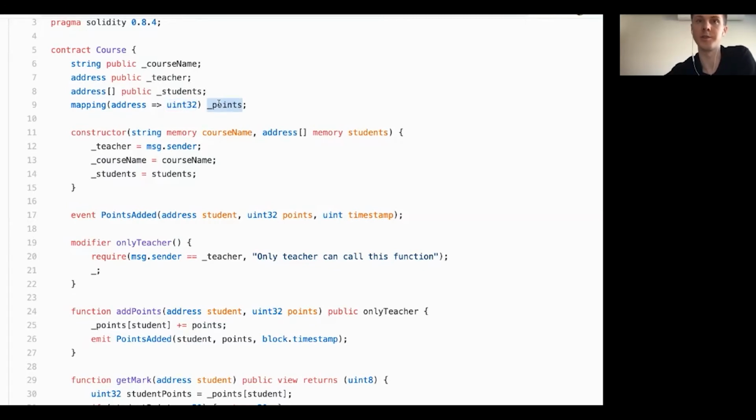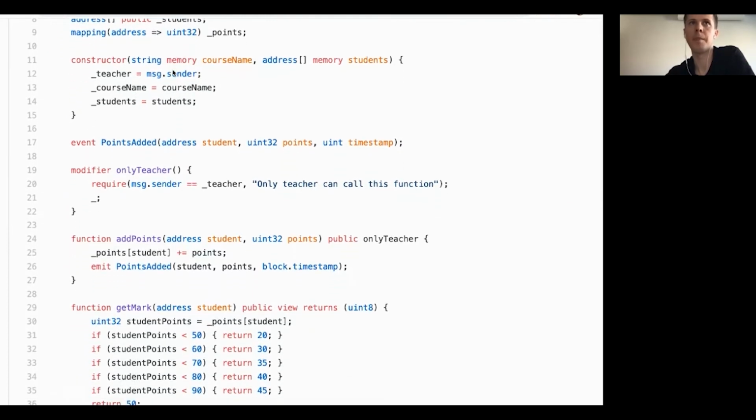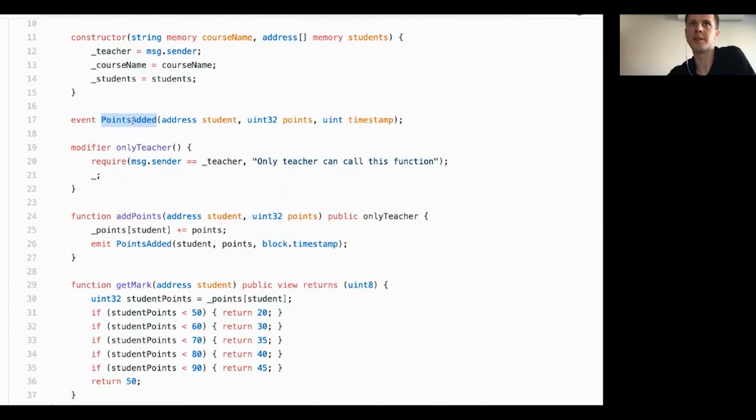Then a constructor of a contract takes the course name and an array of students and immediately assigns them. It also uses this global variable message and sets the teacher to the sender of the message. This means that the person, the account that created this smart contract will become the teacher. We have a points added event, which has 3 parameters: address of the student, his points, and the timestamp that it was